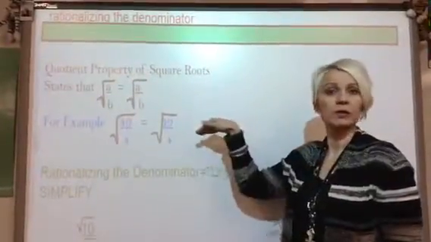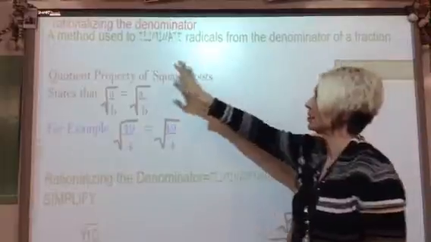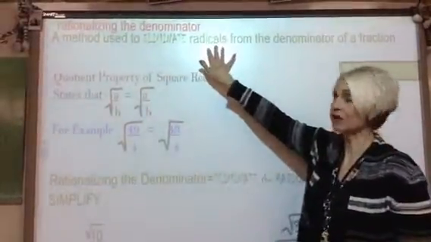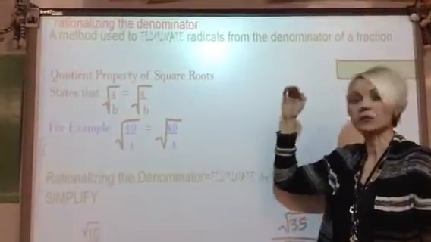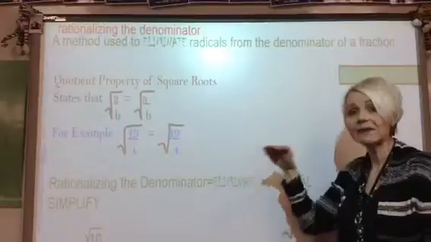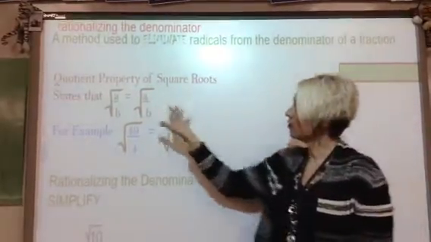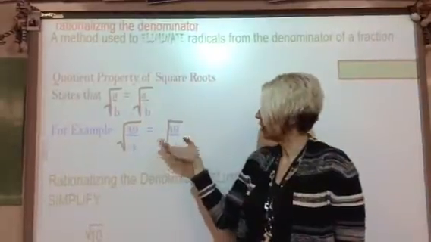Going to continue working with radicals, and we're going to talk about rationalizing the denominator. It's a method used to eliminate radicals from the denominator of a fraction. Just understand that radicals are not okay to have in the denominator. You have to simplify. So, for example, when we have a quotient, which is basically a fraction, what we know